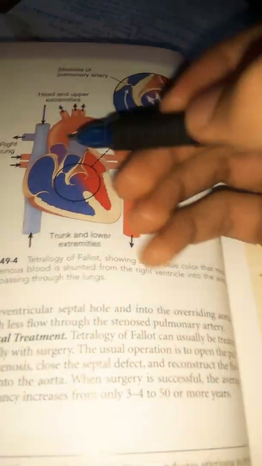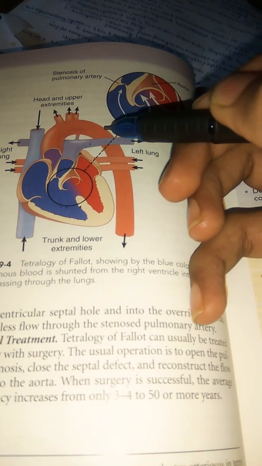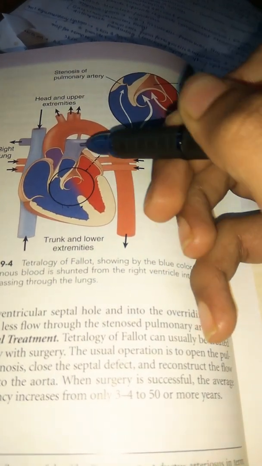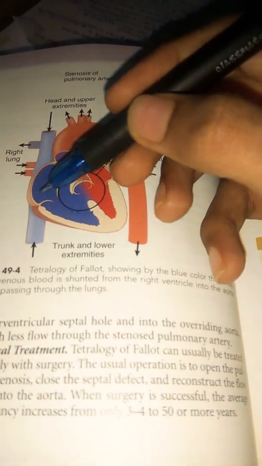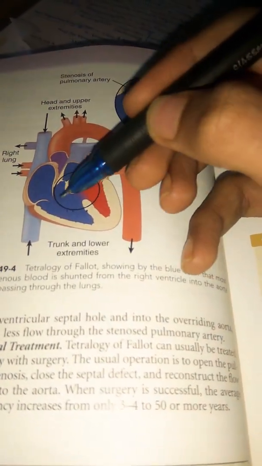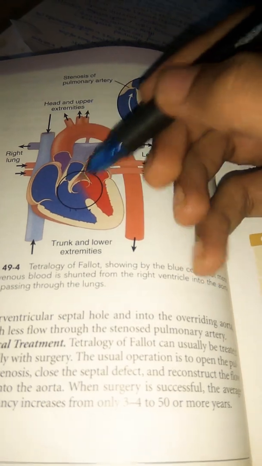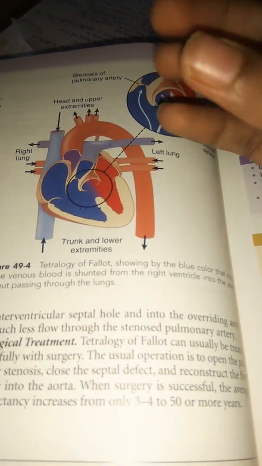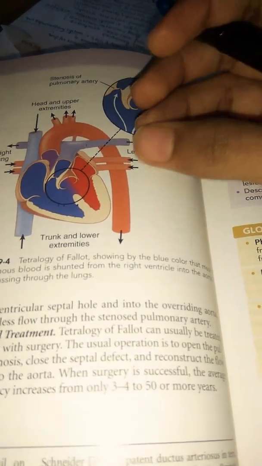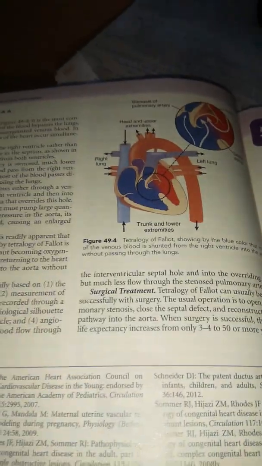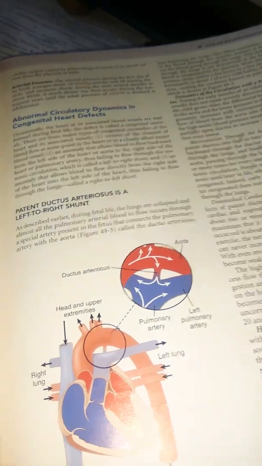And one more problem is the pulmonary artery stenosis. You can see the blood can never go into the lungs because of the stenosis over here. And you can see here the right ventricle is getting hypertrophied, because now it needs to pump the blood against the high pressure in the aorta. So these are all the problems which we have already discussed in tetralogy of Fallot, which is a right to left shunt, and the patent ductus arteriosus is a left to right shunt.